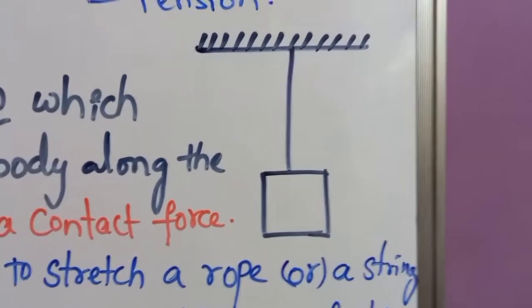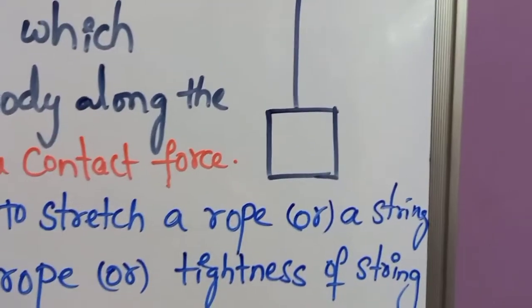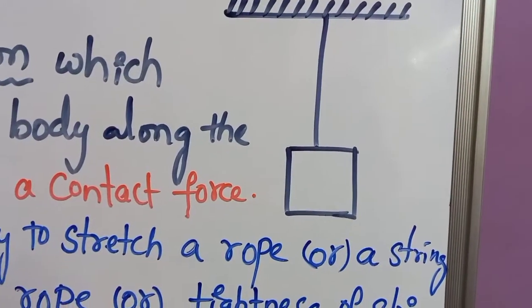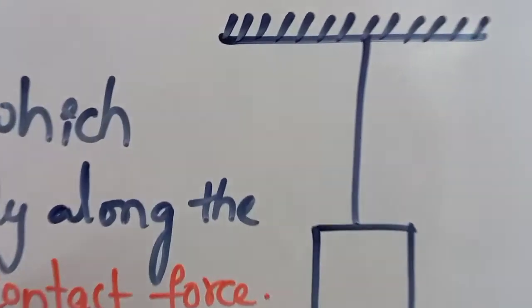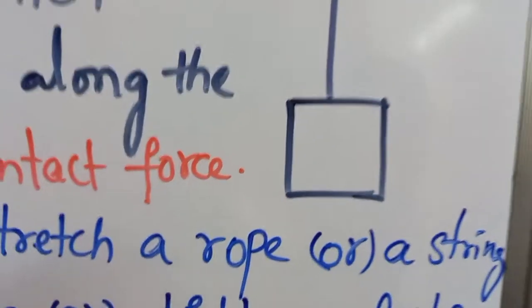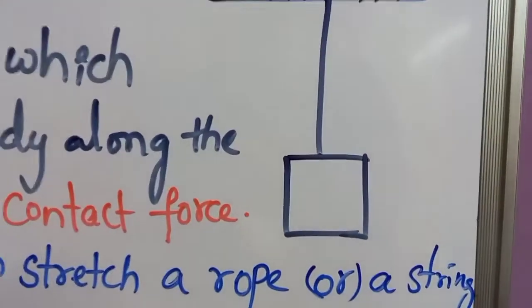What is the state of the stone? Again, it will be in the rest position. We know that the stone would fall down due to the gravitational pull of the earth. Suppose the string is broken, what is going to happen? The stone will fall down because the gravitational pull of earth is acting upon the stone.